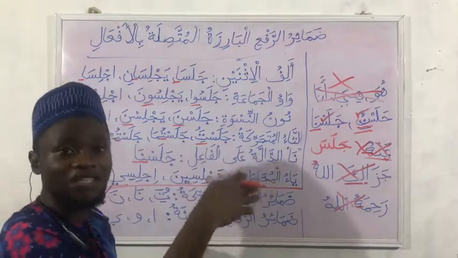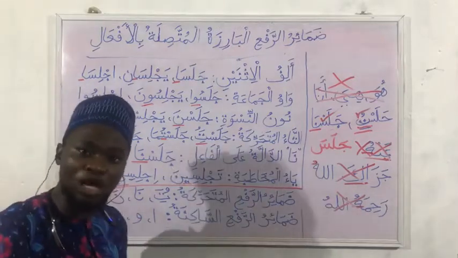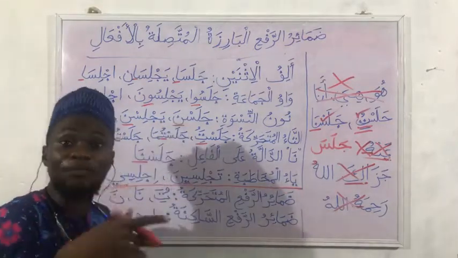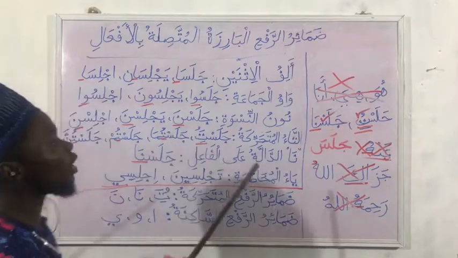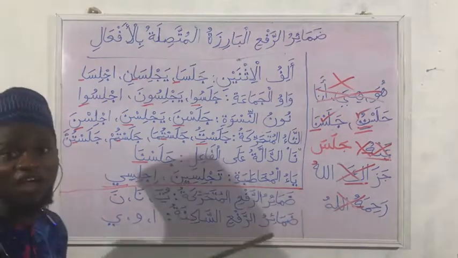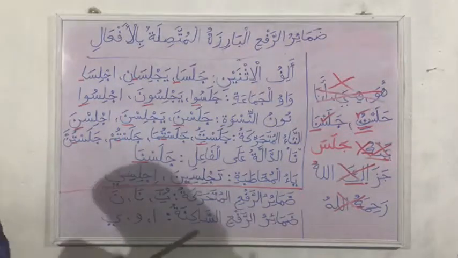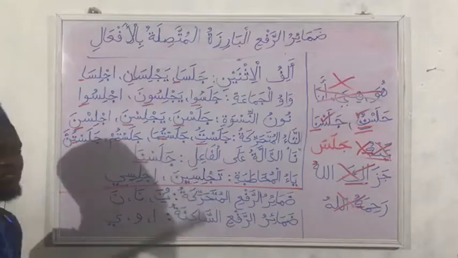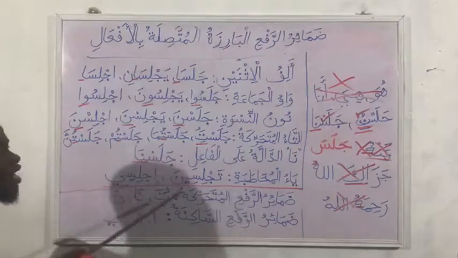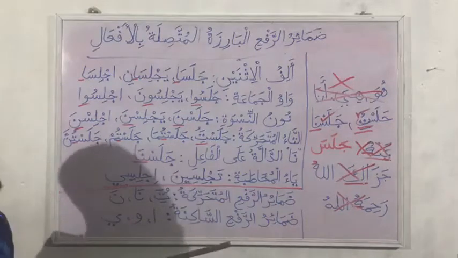You know we have different types of pronouns. So these are the ones that are in Raf'u state and also attached to what? Attached to verbs. So these verbs we can also classify them into two with respect to their haraka. So if the pronoun is taking haraka as it is attached to the verb, then we say it is what? ضمائر الرفع المتحركة. The pronouns that are attached to the verbs are taking what? Haraka. So what is common to them is that when the pronouns are taking haraka, the last letter of the verb, that is the letter coming before the pronouns, takes sukun. For example,